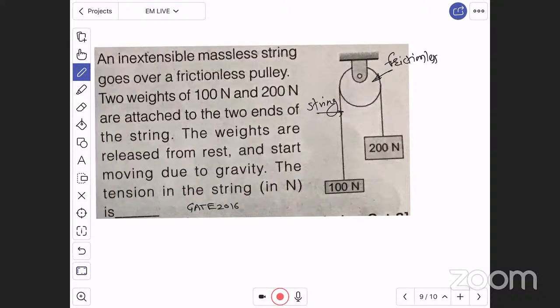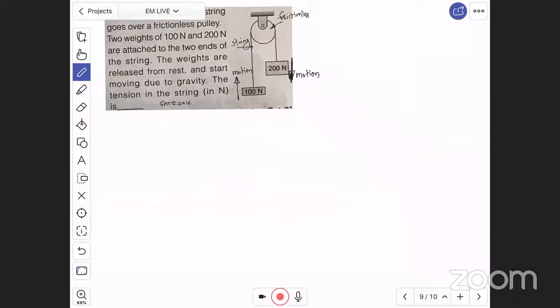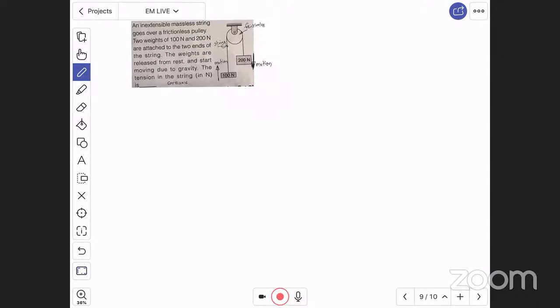तो यहाँ पे अंडरस्टैंड करो, this is 200 newton and this is 100 newton, 200 is more than 100, तो क्या होगा नेट मोशन, 200 will go downward and 100 will go upward. This will be the motion or not, 200 newton will go downward and 100 newton will go upward. This is reality, this will be the motion and this is a realistic motion, right? Now let us solve. अब इसको फिर से छोटा कर रहा हूं, हमने डायरेक्शन ऑफ मोशन तो आइडेंटिफाई कर लिया,